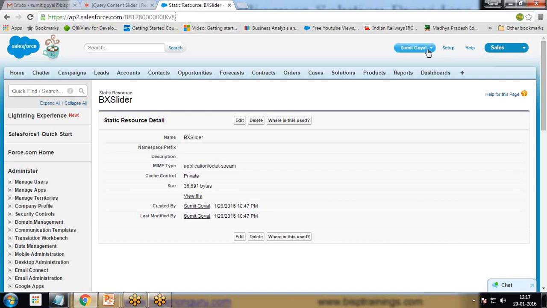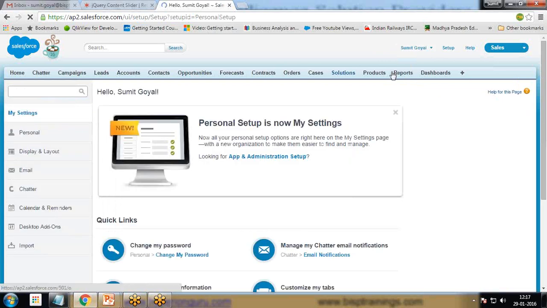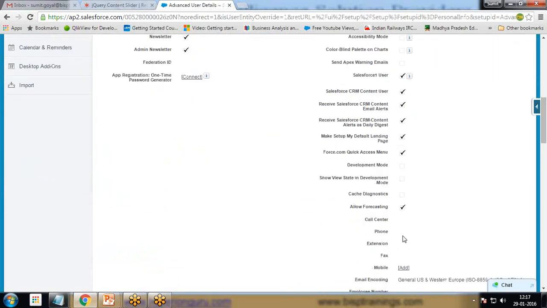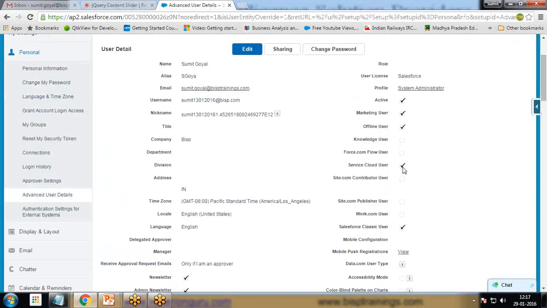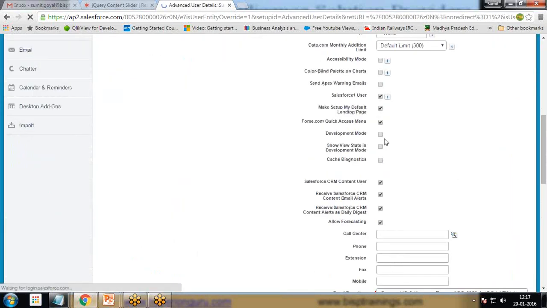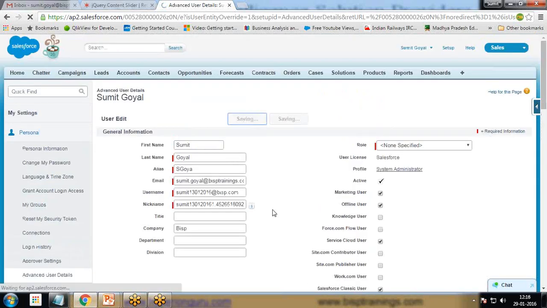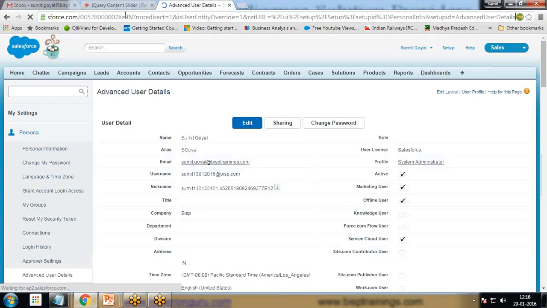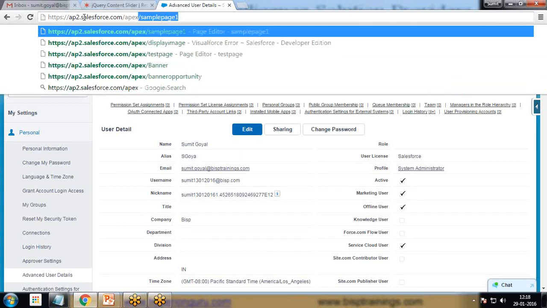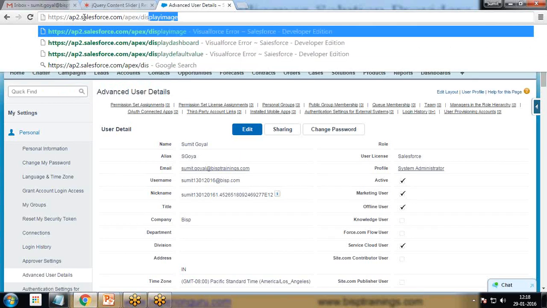The first thing I need to check is whether I'm in development mode or not. So I switch to the advanced user details and check for development mode. Development mode is not enabled right now, and I want to create a Visualforce page by using the URL interface. So I click on development mode and save it. Now I can use the URL functionality to create a new Visualforce page. So I create here apex slash